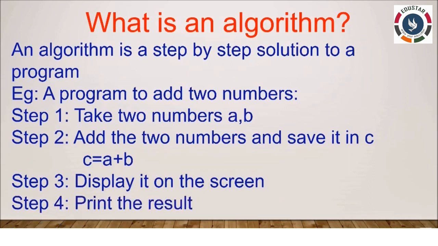In the same way, if you are going to write any program, the steps you write are called an algorithm. Now I'm going to add two numbers. If you want to add two numbers, what is needed for the input? We need the first number and the second number, correct? After getting the two inputs, next we do the process. My process is C = A + B. I have the first value in A and the second value in B. We add the two values, and the result is stored in another variable, called C. Now the process is over.